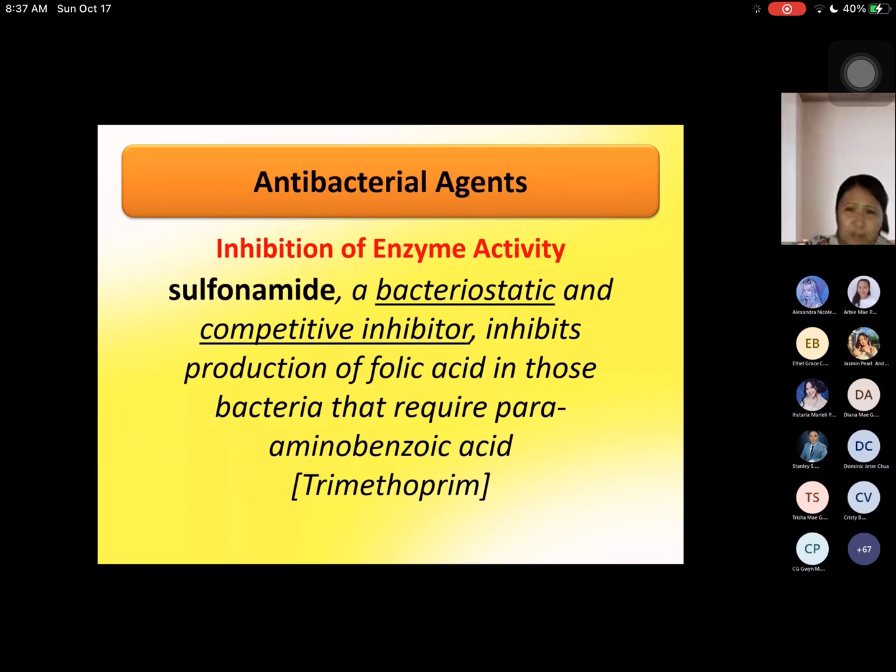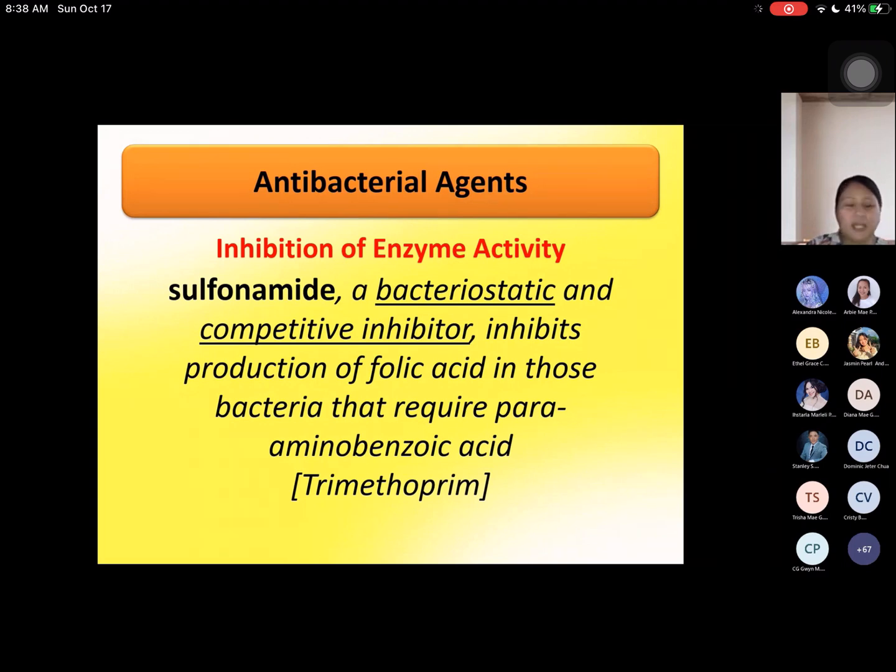So sulfonamide, a bacteriostatic and competitive inhibitor, inhibits production of folic acid in those bacteria that require para-amino benzoic acid, or PABA as they call it. An example of this is trimethoprim. Okay? So in the inhibition of enzyme activity, the sulfonamide is bacteriostatic, which means it only inhibits the growth of microbes. And when you say they are also competitive inhibitors, okay, they inhibit the